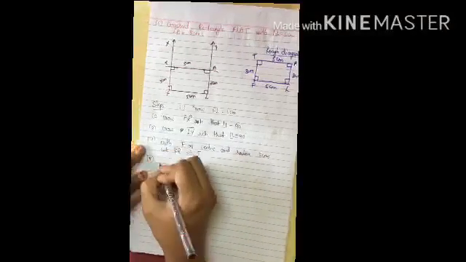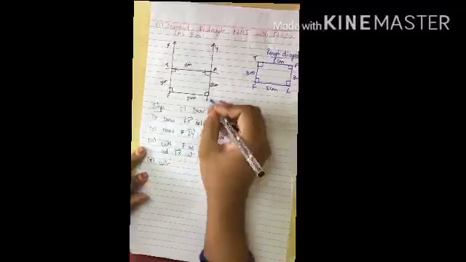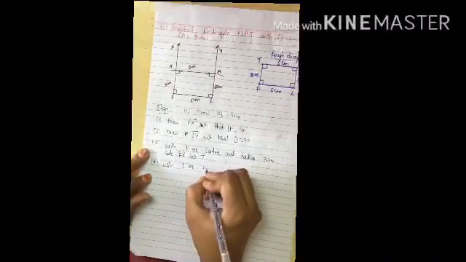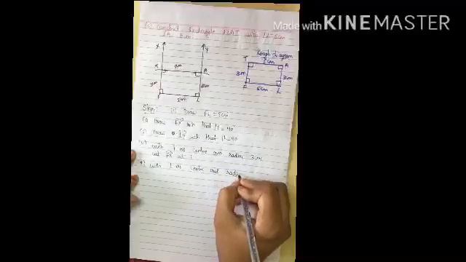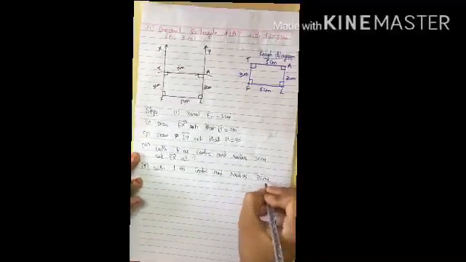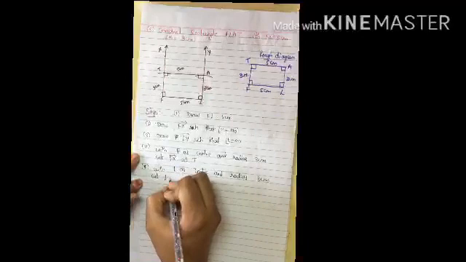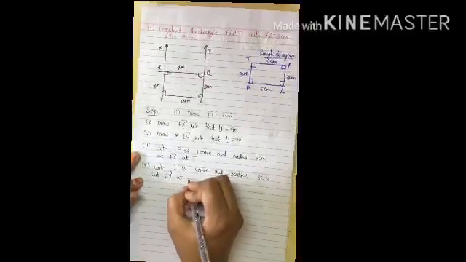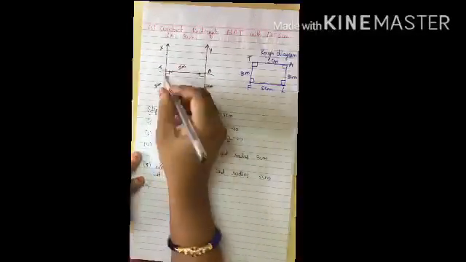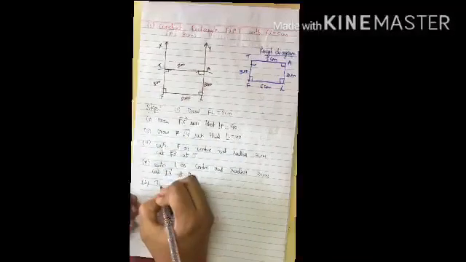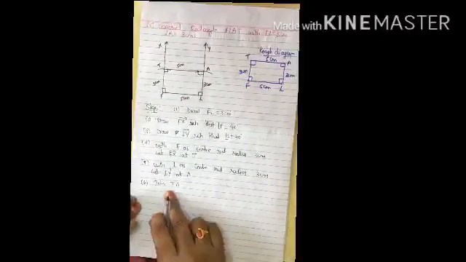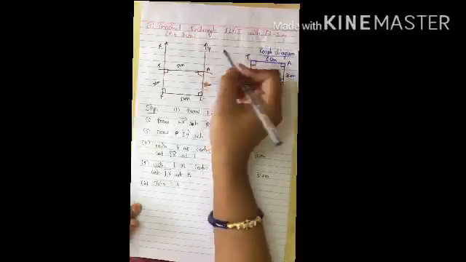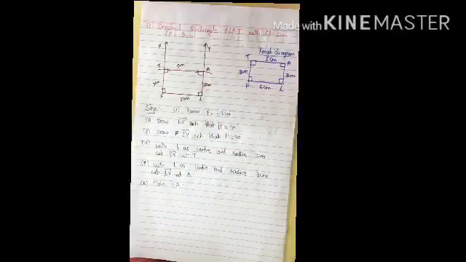Next, with L as center and radius 3 centimeters, cut LY at A. Next, we have joined A and T. Okay, join TA. Okay, so this is the rectangle, the given rectangle.